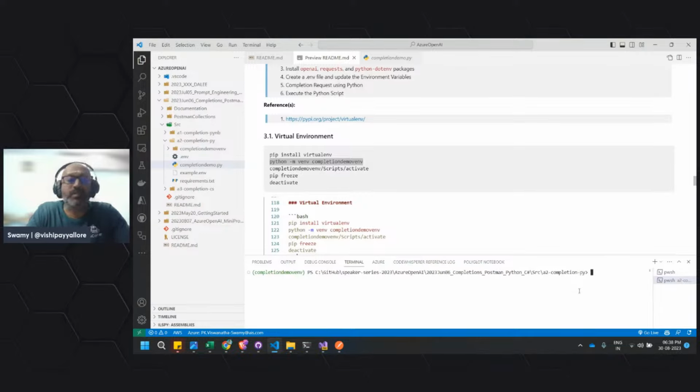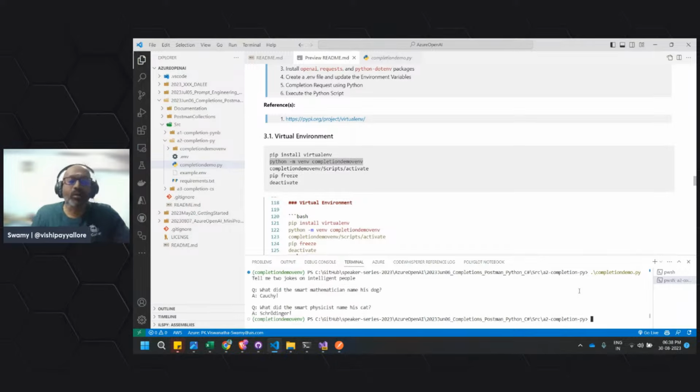Let me see this. Just give me a minute. If I try to execute this, is it executing, or should I delete that? Okay, it is giving me an error. I'll check why I was not able to execute that command.